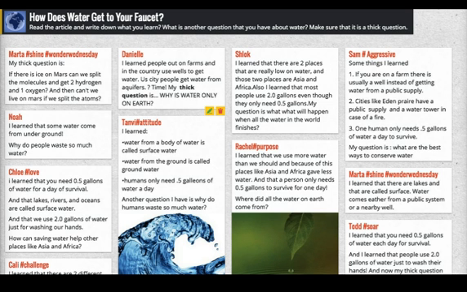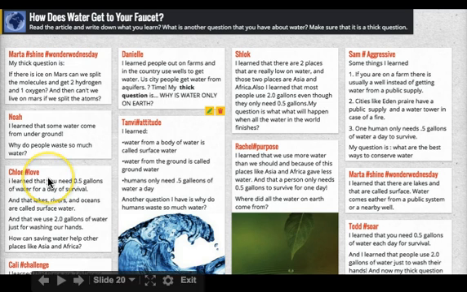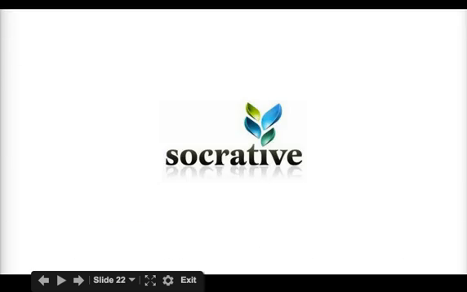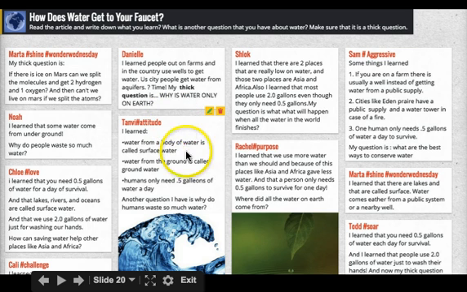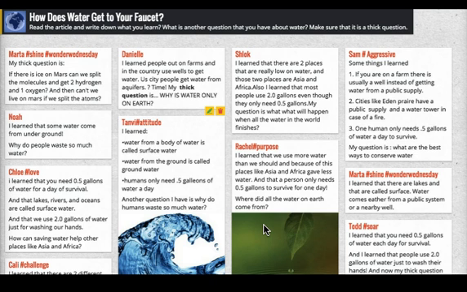Here's another one. How does the water get to your faucet? So this one is being used in conjunction with reading. The teacher asks them to read the article and write down what they've learned and what's another question that they have. And so students have posted, and they've added media. So let me go back. There we go. Sorry about that. They've added media on this. You can see there's some actual images in this one. So that's one thing that sets Padlet apart from other tools, is the ability to post images and even videos and multimedia.